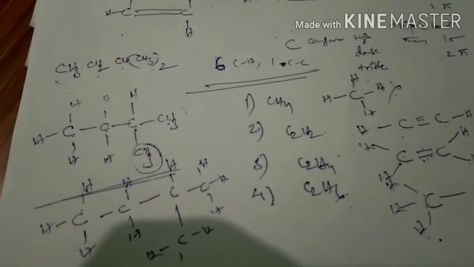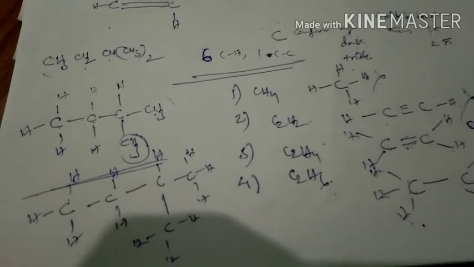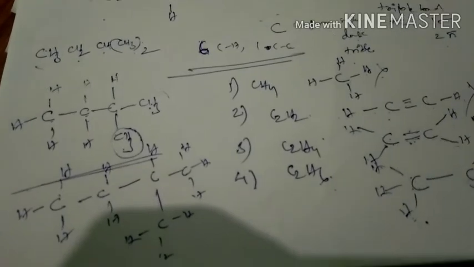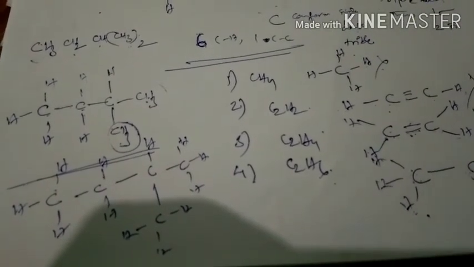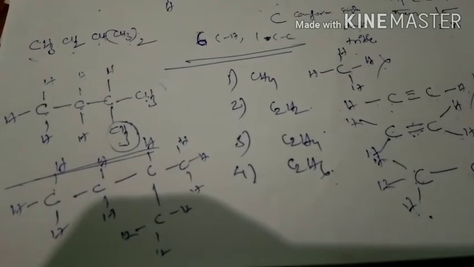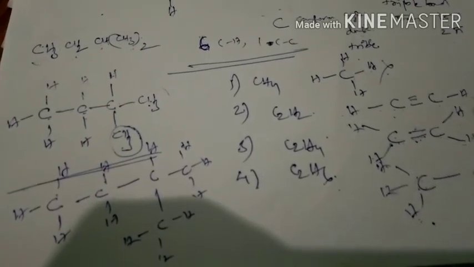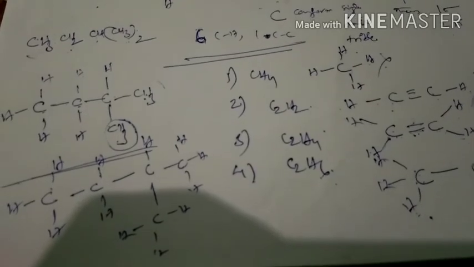So this is the end of carbon and its compounds. Actually, in this chapter in previous years, so many topics were there. Nearly 90% of topics have been removed from the CBSE syllabus recently. So this is the end of carbon and its compounds. Again, the same topic will come in 11th class chemistry. This is a very important topic. If you have any doubt, we will discuss those doubts in live classes. Thank you.